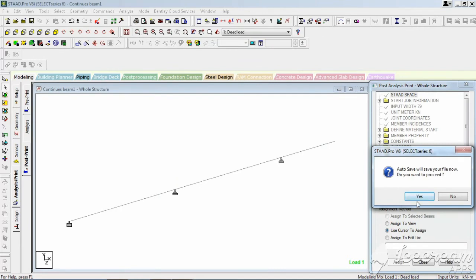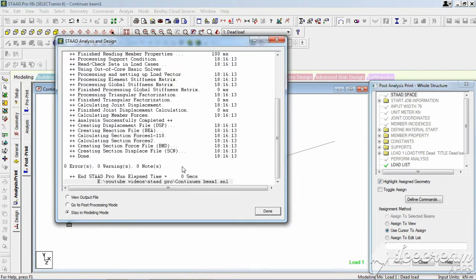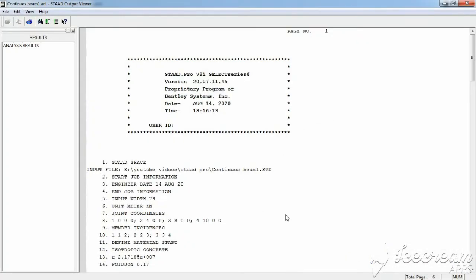Okay, and go to the analyze. Finally we analyze our beam with 0 errors, 0 warnings and 0 notes. Okay, we check the analyze result now.